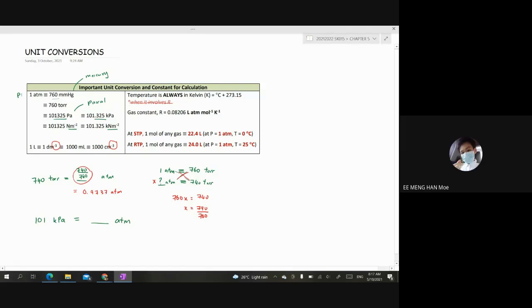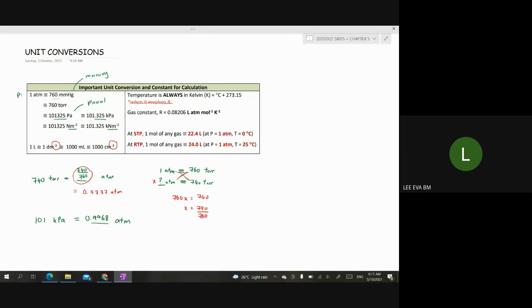Zero point 9968. Okay, 0.9968. Is everyone agree? Yes. Agree ya? Okay. So madam nak bagi tahu dekat sini walaupun 101 dia nampak lebih kurang macam